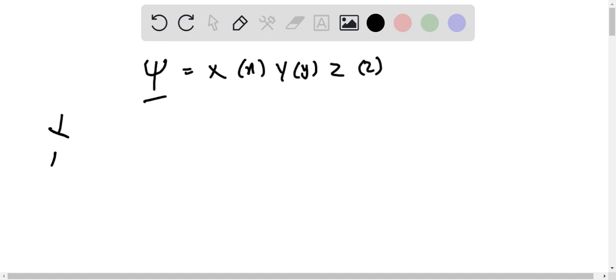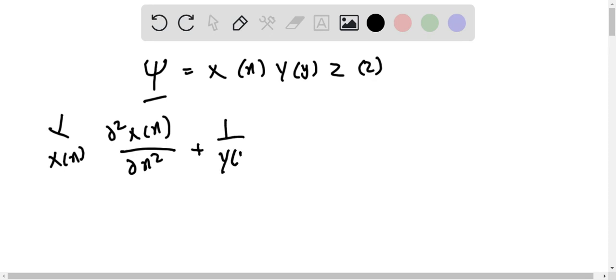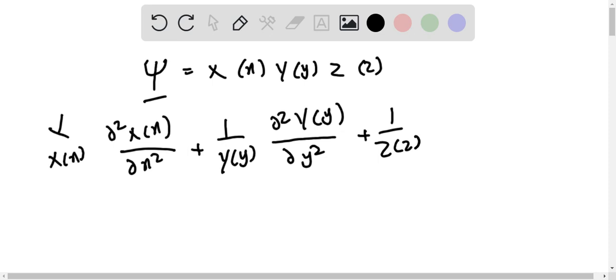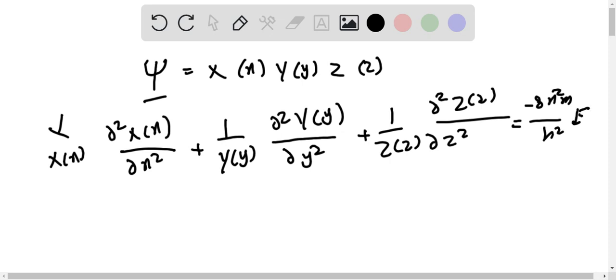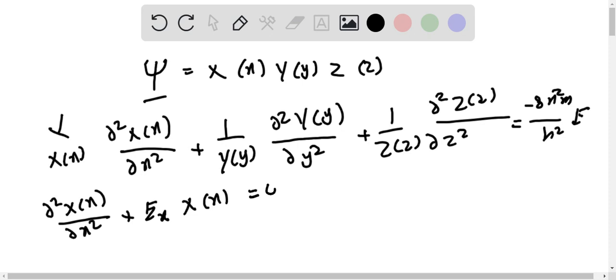we have 1 over X(x) times the second partial derivative of X(x) with respect to x squared, plus 1 over Y(y) times the second partial derivative of Y(y) with respect to y squared, plus 1 over Z(z) times the second partial derivative of Z(z) with respect to z squared. It is equal to minus 8 pi square m over h square times E, right? So this yields the second partial derivative of X over partial x squared plus E sub x times X(x) is equal to 0, and